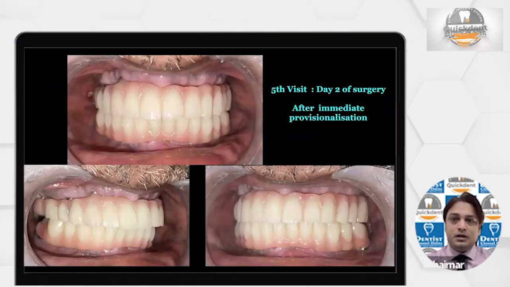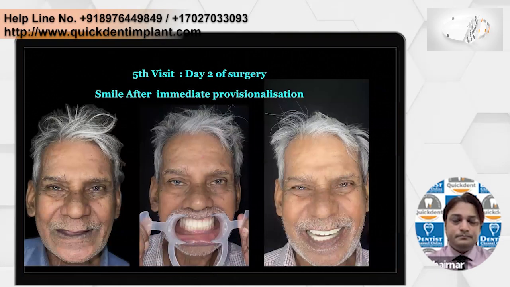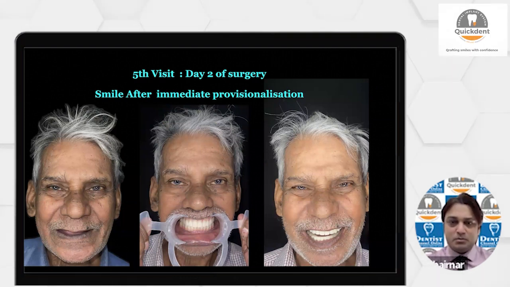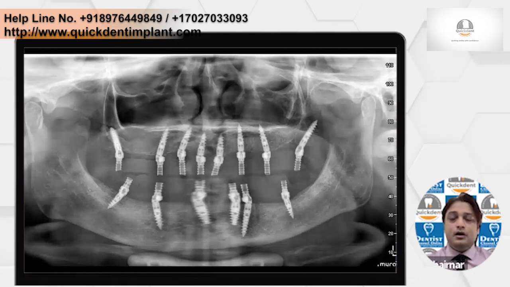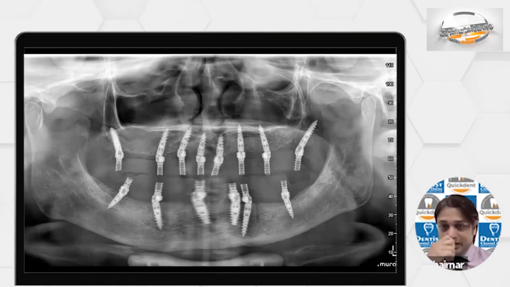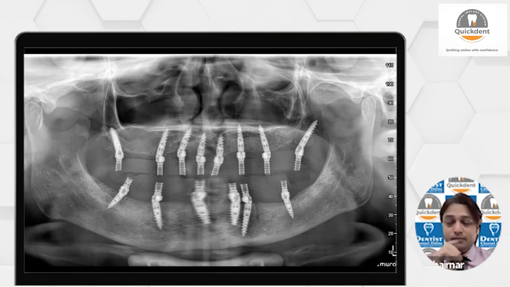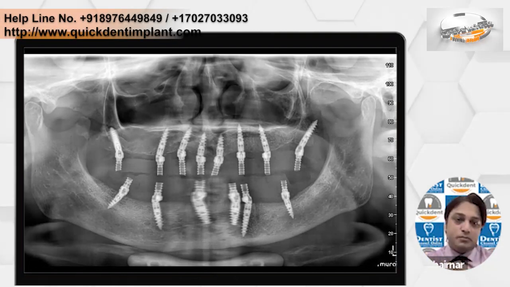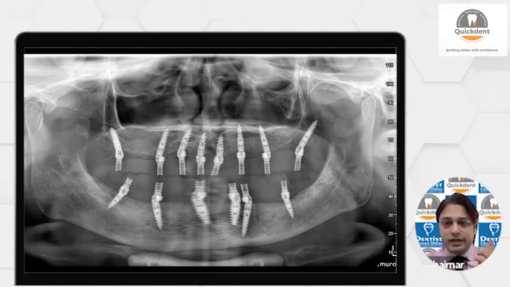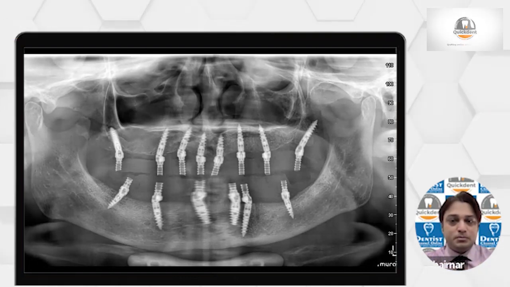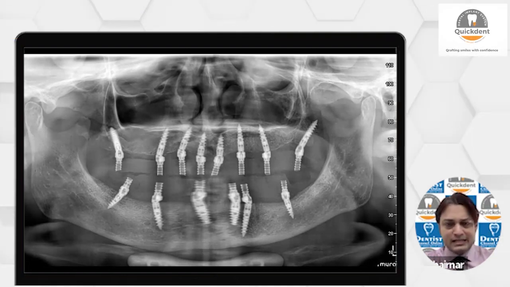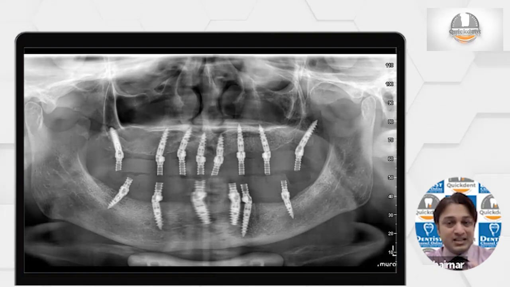This is delivered to the patient on day 2. So this is the process. On day 2 of the surgery, the patient is receiving a transitional prosthesis. This is the X-ray of the patient. The only thing I am worried about is that this is not having any metal inside it. So there is a chance that if your prosthesis is not strong enough, it breaks and can jeopardize your implant. That's why always send it to the technician on day 2 for reinforcing, to make it thicker and add more bulky material for at least 2 months, so that it doesn't break. And compulsorily, after 2 months you have to change it.